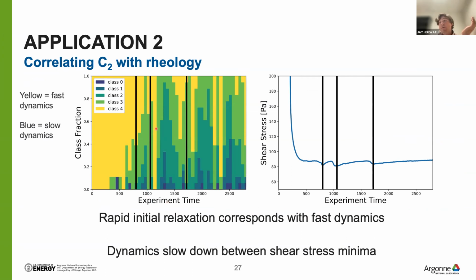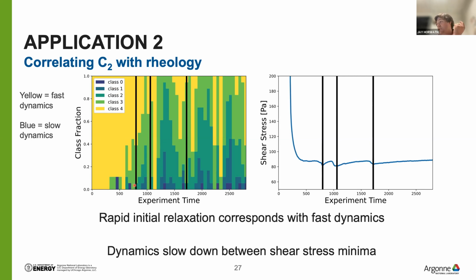What I'm showing here is basically the percentage of different dynamic classes at different times. You may remember that in the first part, when we're doing XPCS, we calculate these correlations over specific regions of the scattering pattern. We can calculate the correlations at many different regions. In this case, we have 18 different XPCS two-time correlations for each time step. We classify each of those 18, and what I'm showing you here is a bar chart of how frequent each of the dynamic classes is. We have purple or blue, which is slow dynamics, and yellow or light green, which is fast dynamics, and basically what I'm trying to show here